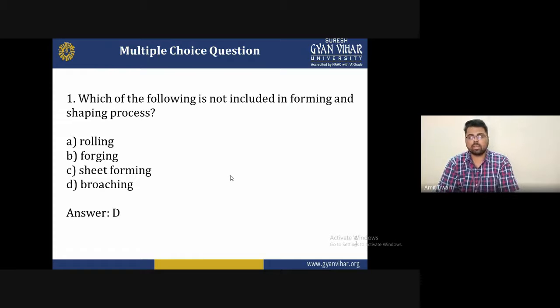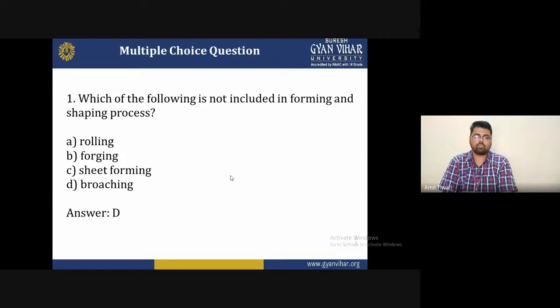Some multiple choice questions. Which of the following is not included in forming and shaping process? The options are: A, rolling; B, forging; C, sheet forming; D, broaching. So the correct answer of this question is D, that is broaching is not included in forming or